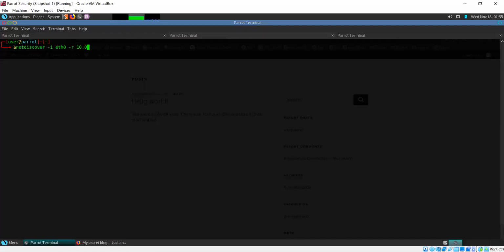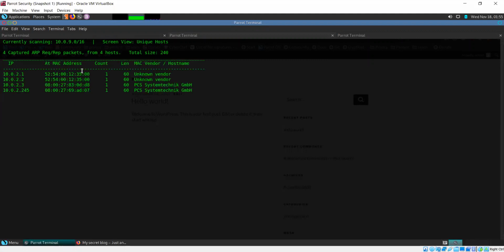10.0.2.1/24 is the actual range, but /24 does not really work well with this netdiscover tool. So I give it /16 and press enter. I need to be root. No problem, we'll use sudo. It's going to try and find hosts for us on the network.